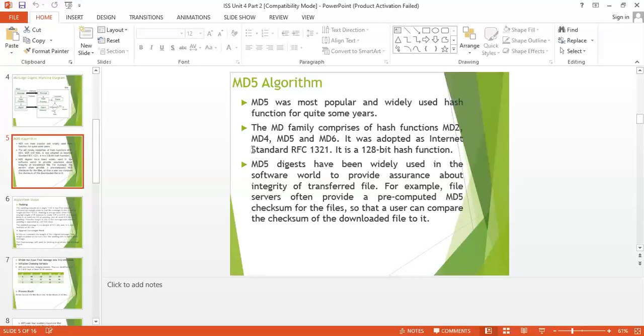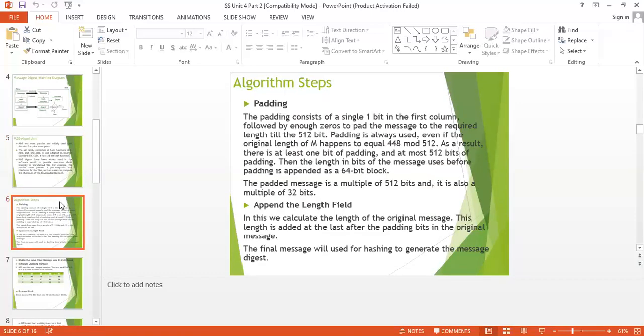So this is basically the MD5 algorithm, and there are some steps to create a message digest for a given message. Number one is padding. Padding consists of a single one bit in the first column followed by enough zeros to pad the message to the required length, up to 512 bits.